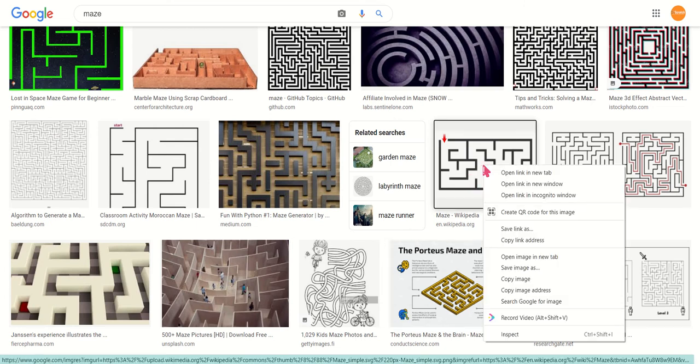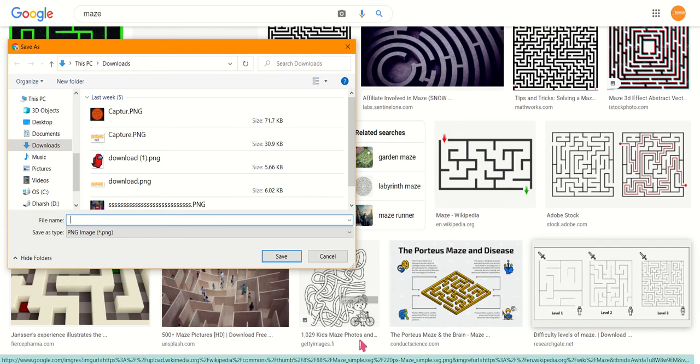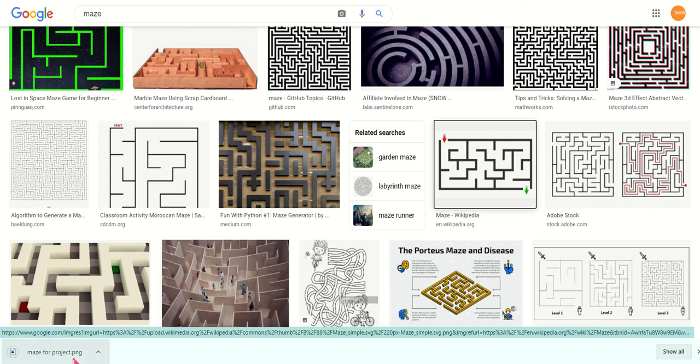You have to right click on it if you're using a PC. On a Mac or PC, you have to choose save image as. Then you have to name it. Sometimes it will ask you for permission. In such cases we need to do it. After this,